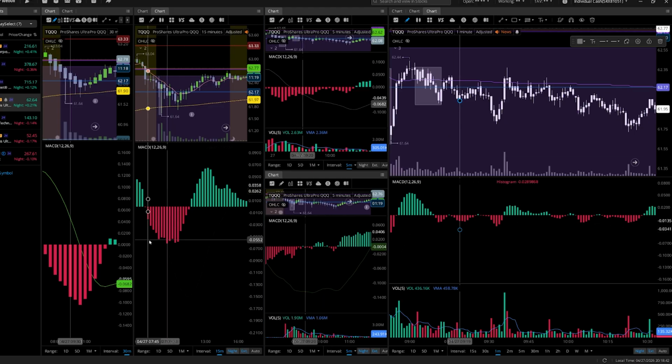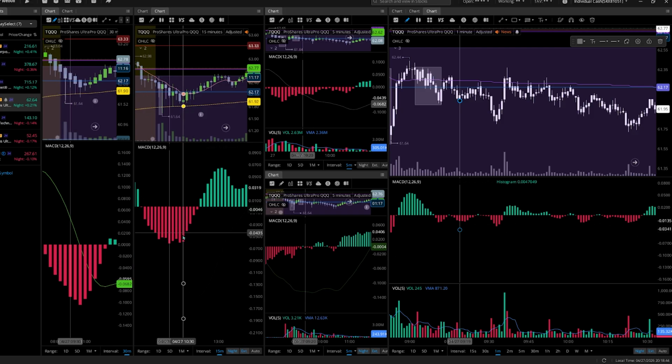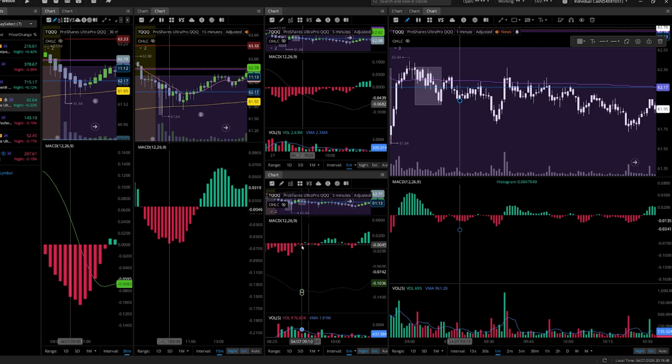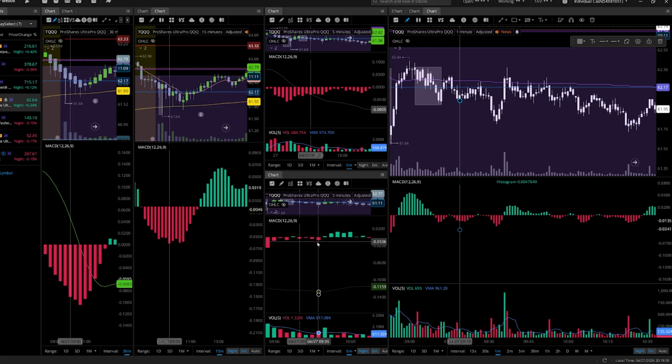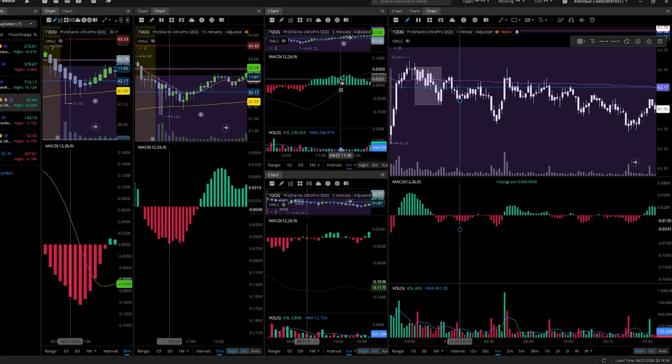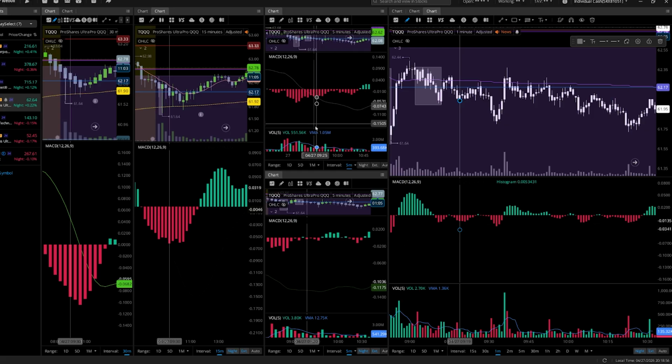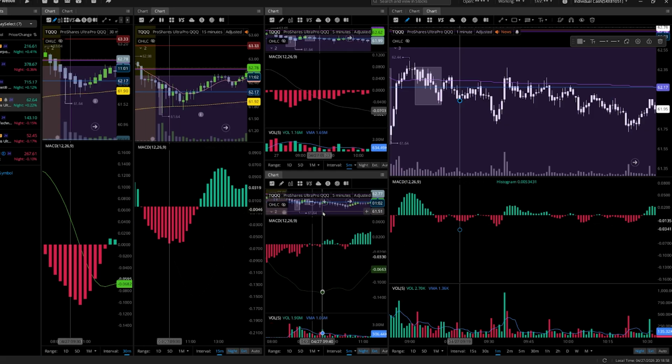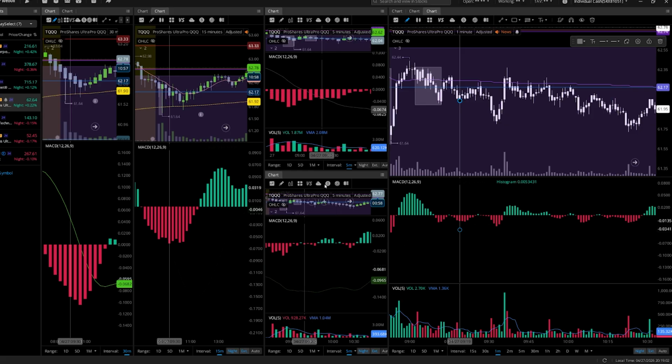As long as we're in a strong momentum current in the 30 and the 15, as long as this is happening right here, and as long as the 5-minute is showing some sort of support and movement in the red, and not in the green. You don't want it in the green. That's a horrible thing. You should never do that. If you're taking short trades, you want it to be in the red. So as long as you see some sort of nice support in the 5-minute data sets,